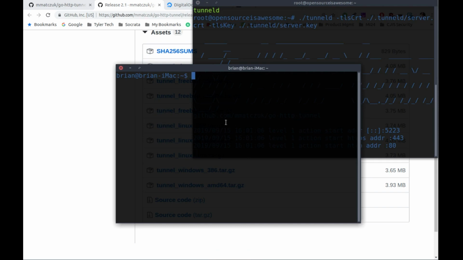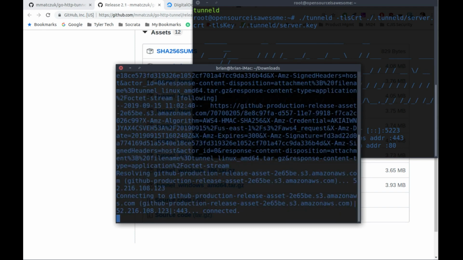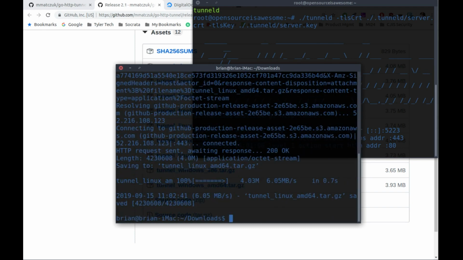And then in my terminal here, I'm gonna move into Downloads just to put this in a place where I know I want it. I'm gonna do wget, and then I'm gonna paste that URL in there. It's gonna go get it, and it's done. So I'm gonna move that file